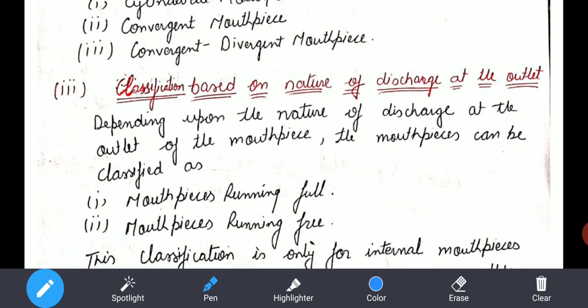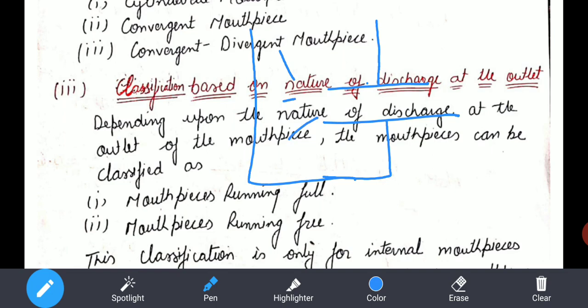Now another case. Say here is a tank and we fit a mouthpiece here. The liquid starts to enter from this tank. In the small area, it will contract, which I told you about as vena contracta. It contracts here and then it expands again and takes the shape of this pipe. This case is called running full. We will discuss all of them one by one. Let's start with the external cylindrical mouthpiece.